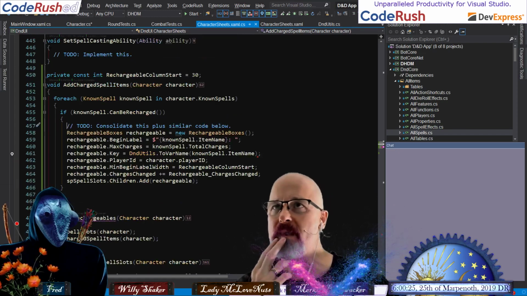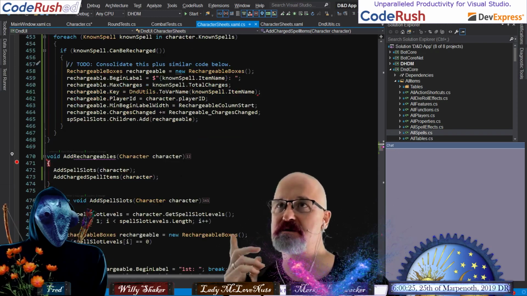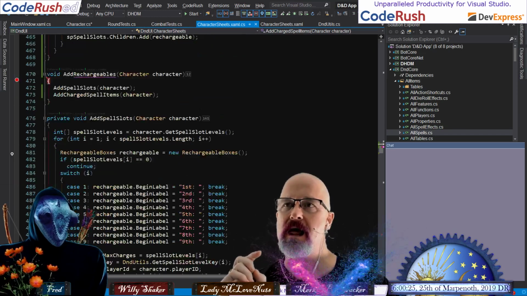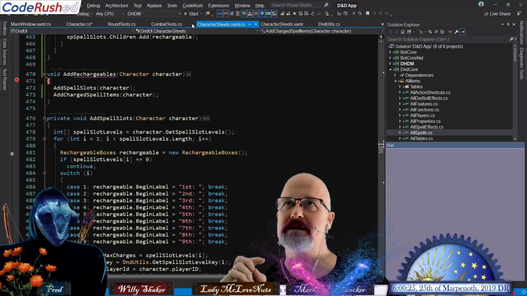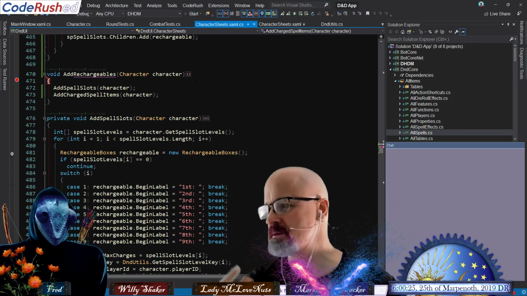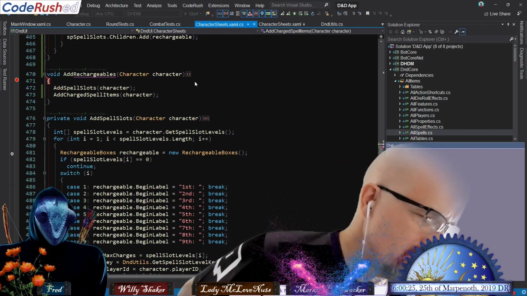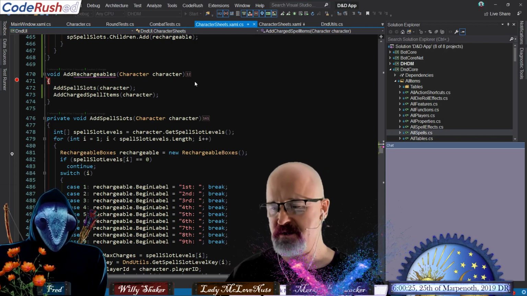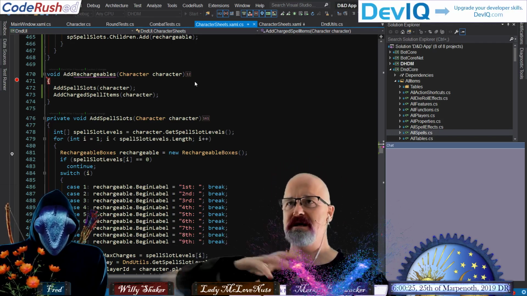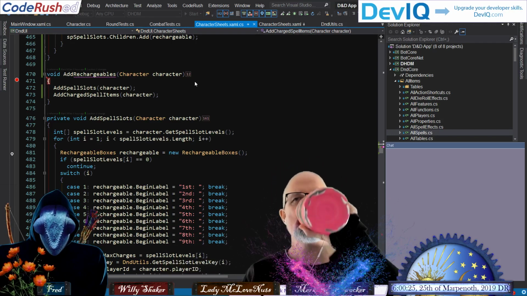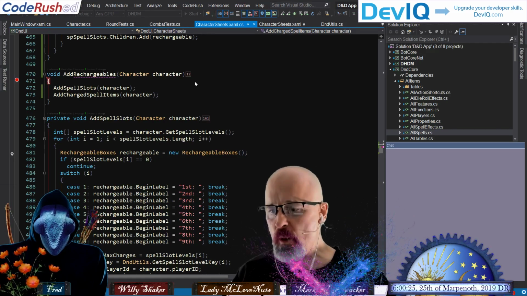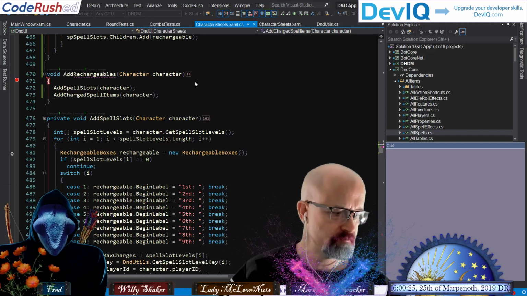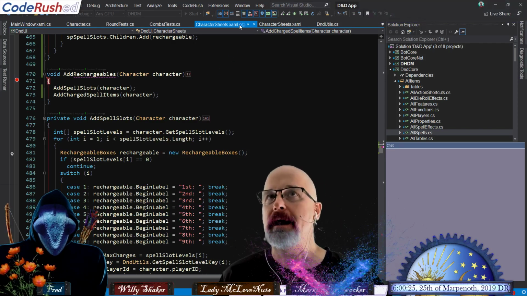Okay, and I think that's going to get us close. It'll get it so that we're adding, at the very least we'll see the UI elements out there. I'm not sure they're going to change, but at least we're going to see them. So then we're going to have to figure out the two-way piece, the connection. Whenever we cast Detect Magic, we'll need to use a charge on there.